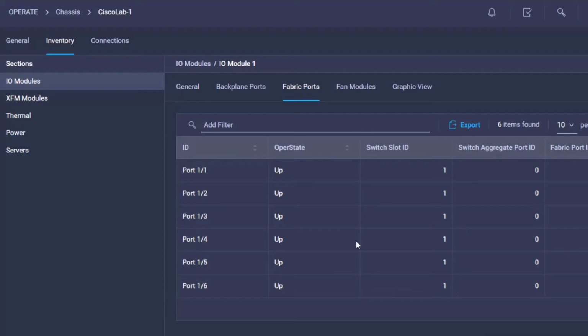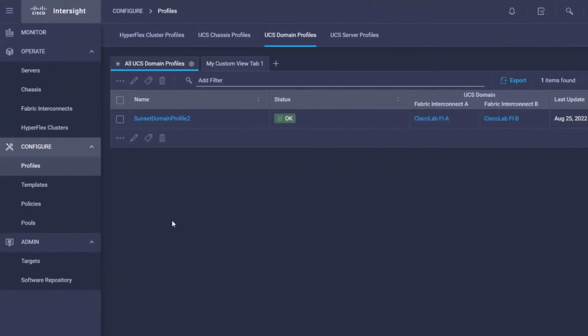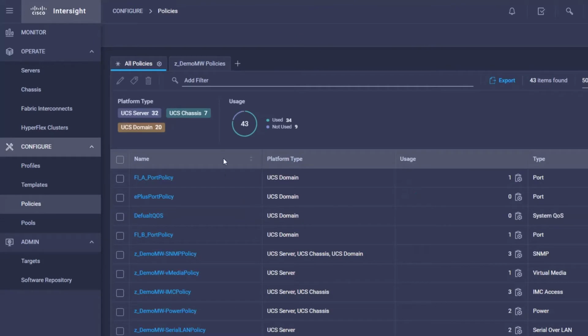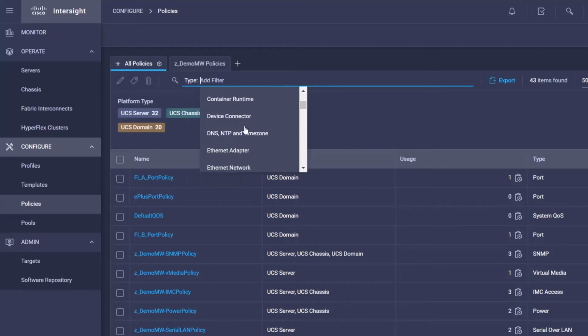Keep in mind, as we expand bandwidth to individual chassis, we also need to make sure that we have adequate uplink bandwidth according to our oversubscription goals. If we need more uplinks, we cable the ports, and then we add the additional uplink ports in our policy, as we will see here in our chassis for our chassis ports. To be able to edit that policy, what we will do is click on Policies and then find our port policies that we're currently using. You can use the filter here to click on Type and then select Port